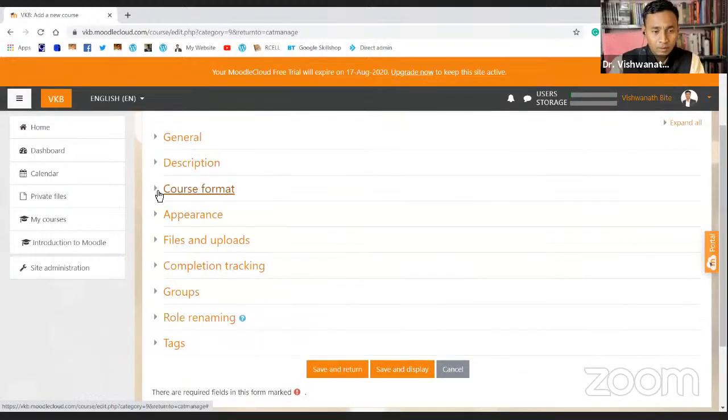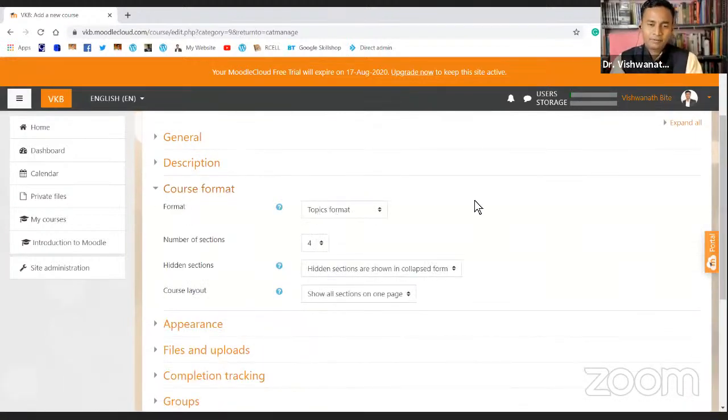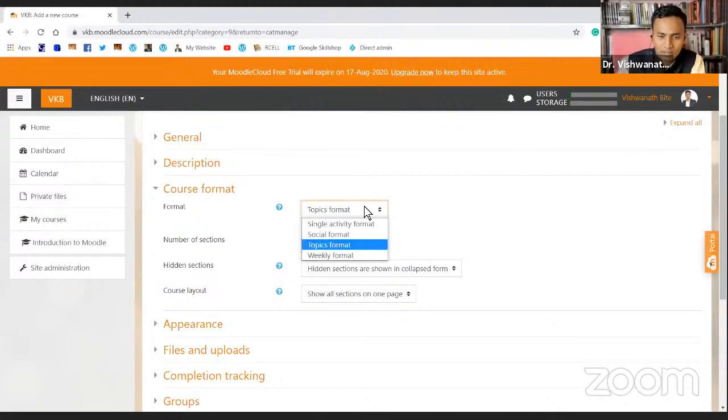So now course format. So what kind of format do you want to offer for your course? Any kind of course formats. Let me tell you what are the available formats. There are some single activity formats. So this is just a single activity. Once you create that course, that's a one time event, and then you don't need to bother about it, and that course may perhaps disappear. So is it single activity format or social format?